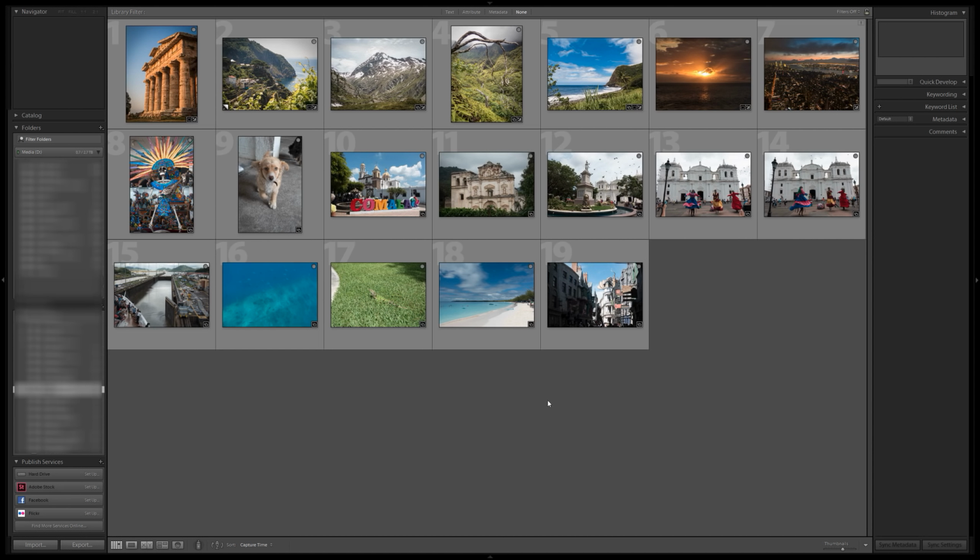Alright, and I'm editing photos today in Adobe Lightroom Classic CC, which is kind of a long name, but Adobe sort of forked their Lightroom development a while ago. Now they've got a few versions, and it's all quite confusing what the differences are, but Lightroom Classic CC is the one that's designed for desktop photo editing, and that is what I'm using here today. So let's